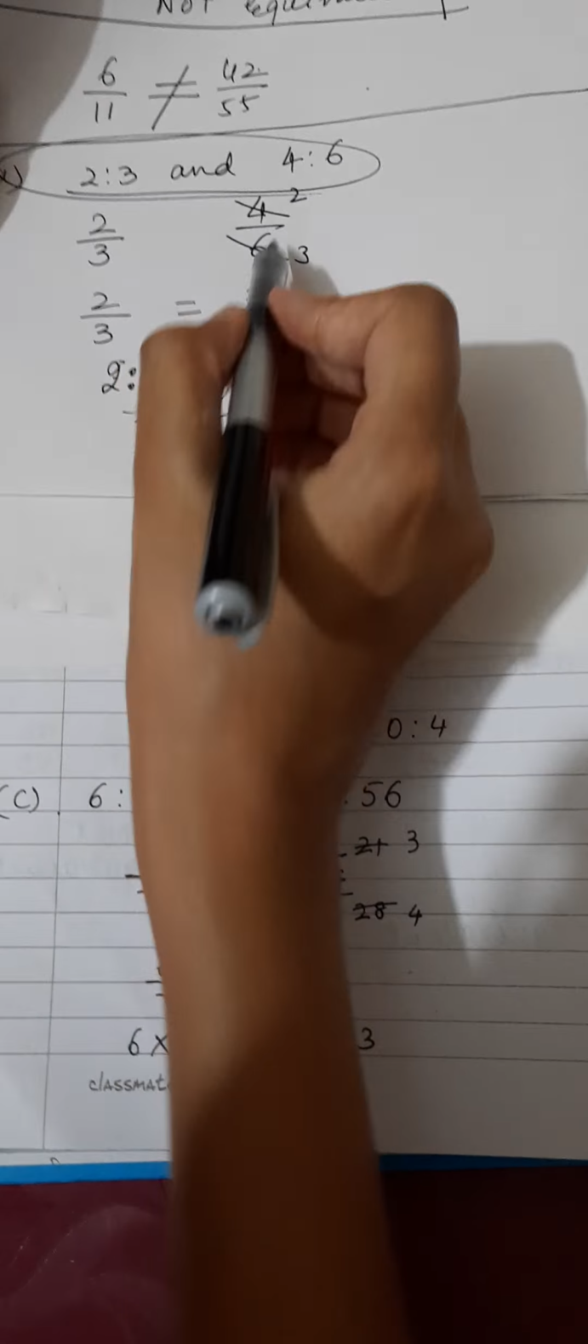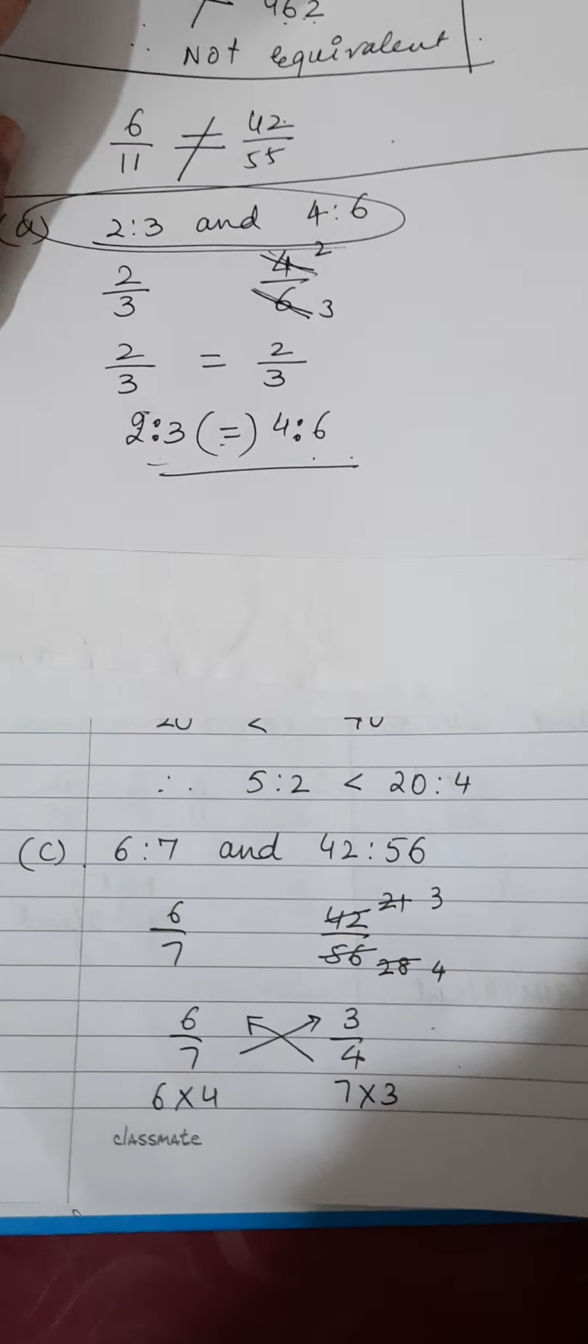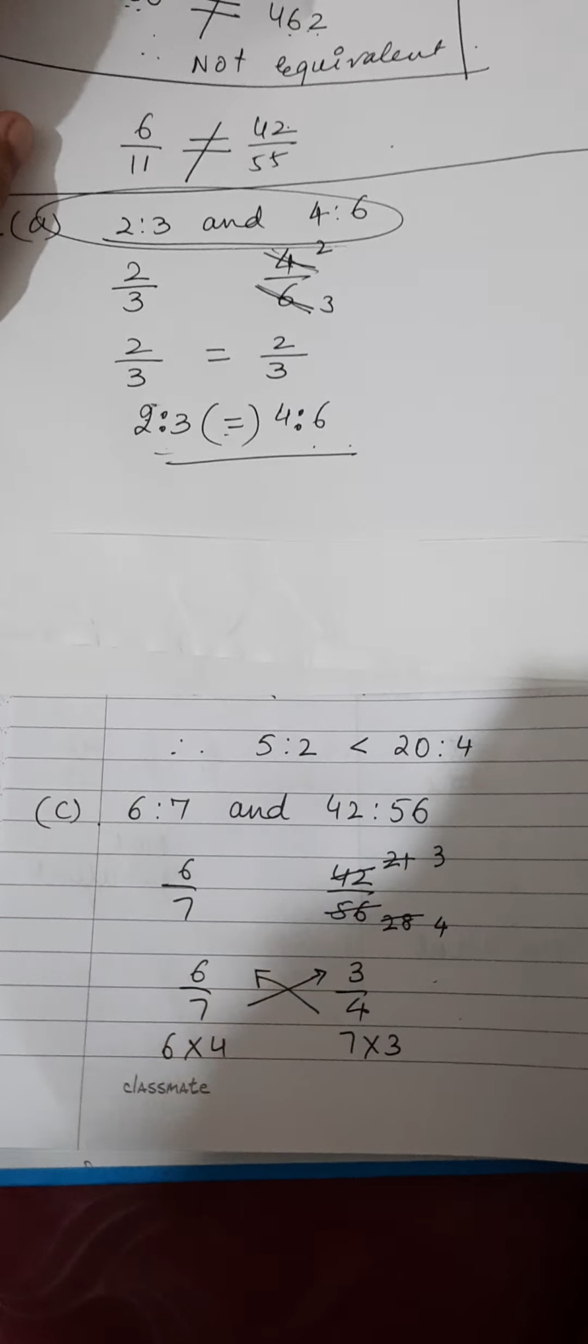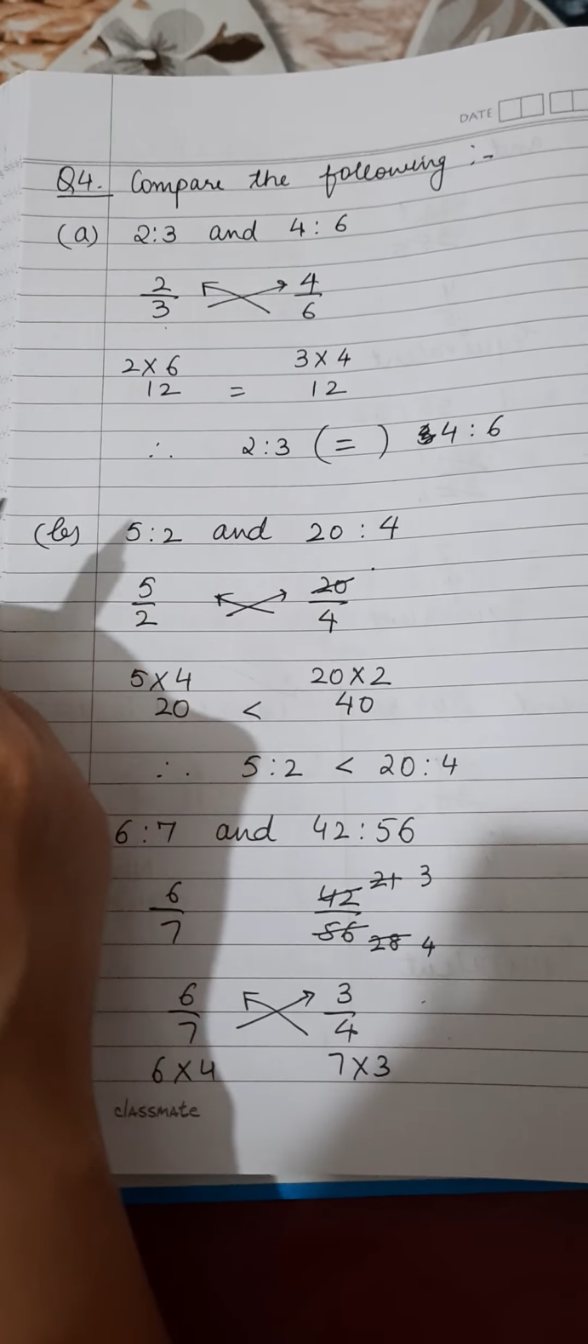Here I have told you with the cancelling method. You can do any of the methods. Okay, now let's move to the B part. Now the B part is